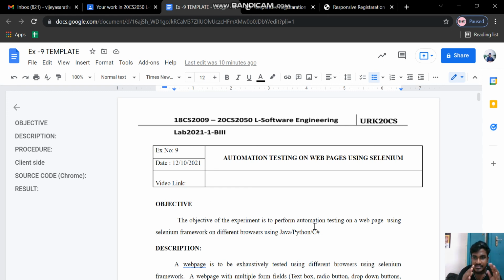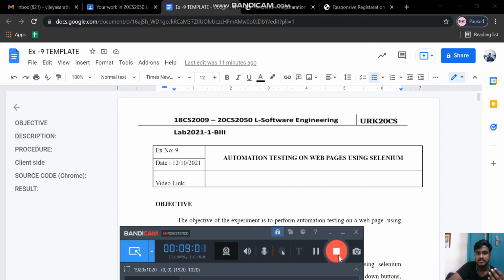Before all these things happen, inside Visual Studio you enter your HTML code and CSS code to get a clear output or a clear point of view of your particular project. This project is a petrol bank management system. So you can do it like this. So this is how our program works. Thank you.